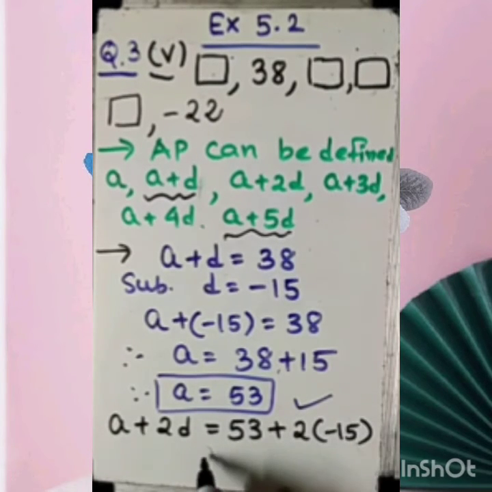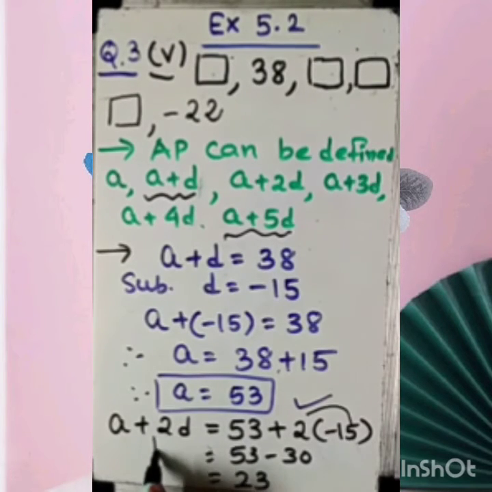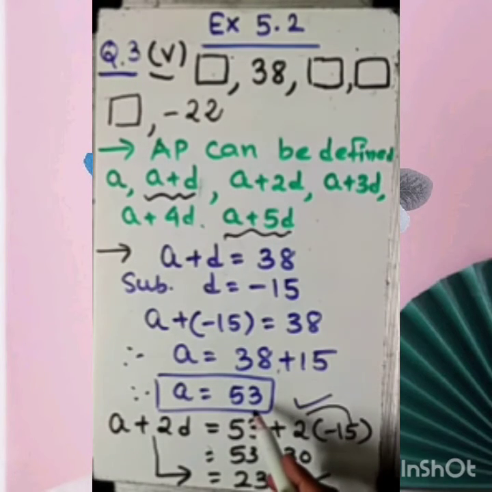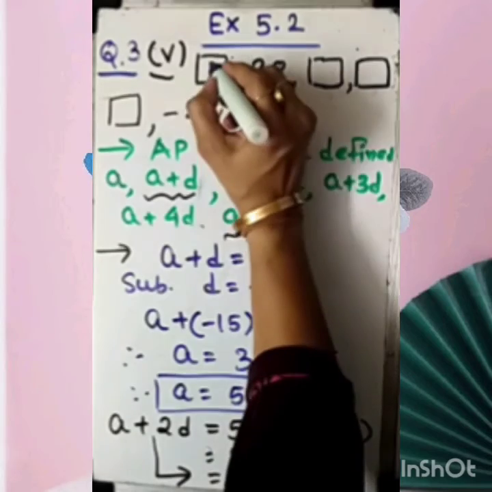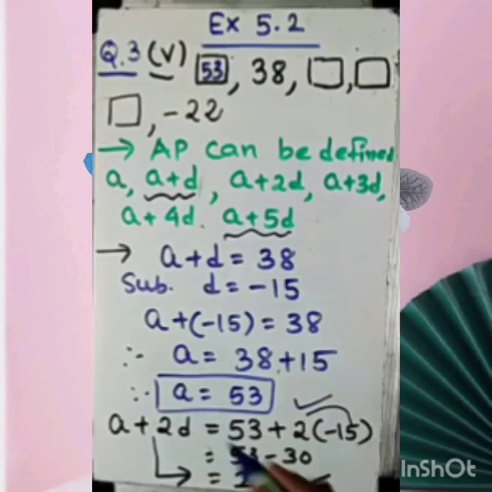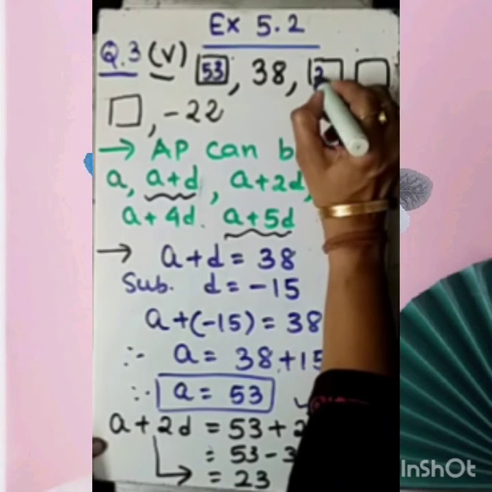Here I am putting it in. So 53 minus 30, since 15 twos are 30. 53 minus 30 is 23. So my dear student, the value of A plus 2D is only 23. Got it? So I need to mention it here. Before I clean this, I need to mention the value of A, 53. So let me insert this value here in the required result. The first term is 53. Then the third term is 23. Let me put this value here.